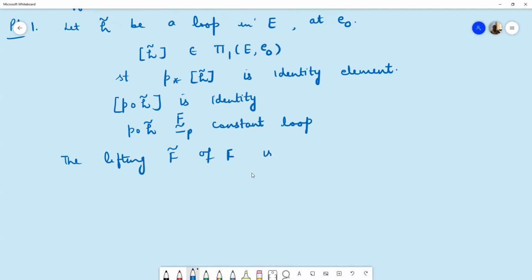that is basically a path homotopy, because we have already proved that if F is a continuous mapping which maps 0, 0 to point B naught, then its lifting F curl will be a unique lifting which maps 0, 0 to point E naught. And if F is a path homotopy, then F curl is also a path homotopy. So if F is a path homotopy between P circle H curl and the constant loop based at point B naught, then its unique lifting F curl of F will be a path homotopy between